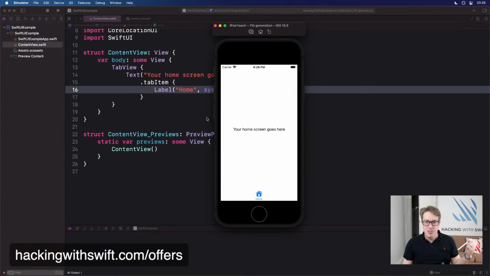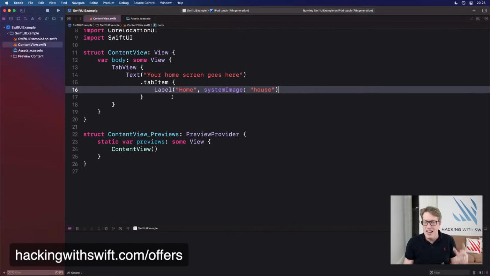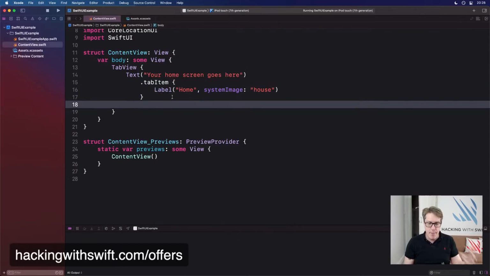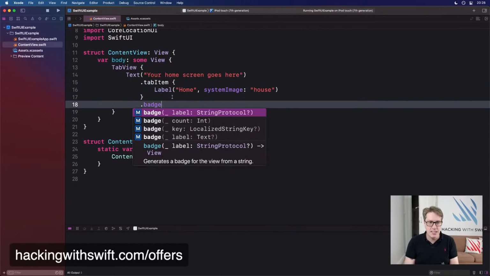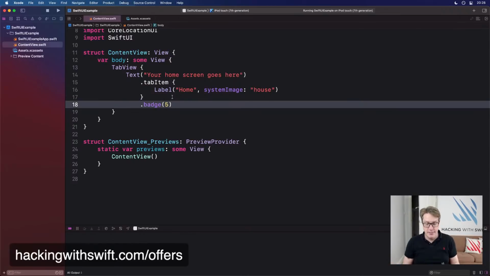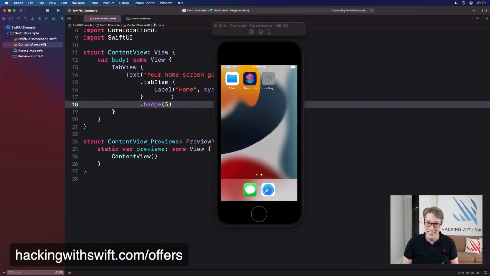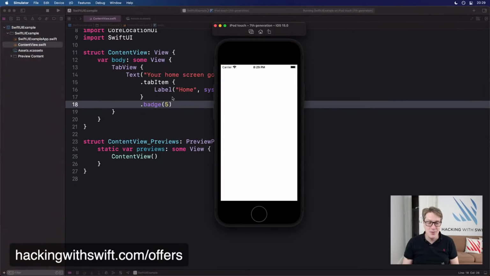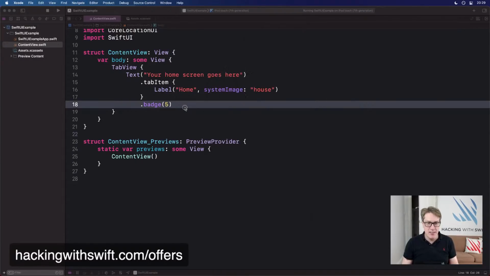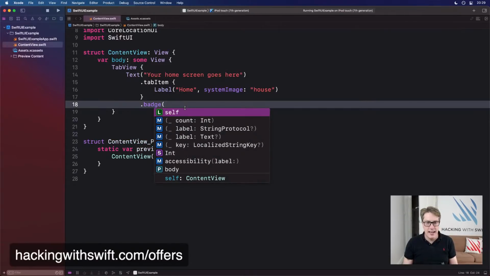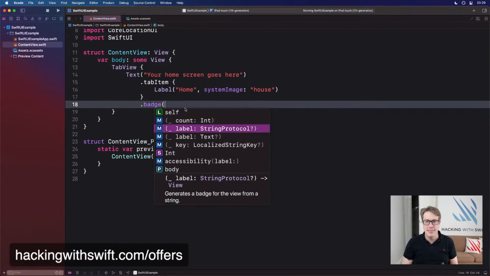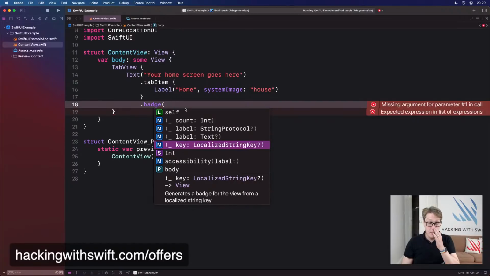Now, a badge is traditionally used to put something over this to highlight to users that something interesting is happening here. For example, the number of unread messages. And this is really, really simple in iOS 15. You just say, my tab item is that thing, I have a badge with 5 on it. That's it. Honestly, it's so simple. You'll now see a little measles-style effect, a little thing hovering over it saying 5. It works brilliantly. And you can do what you like. There are options here to do text and similar. It's optional, down to you. And it's localized as well, which is even better.